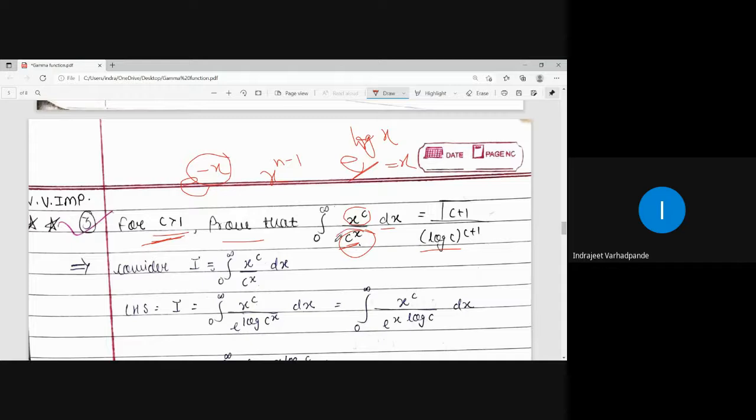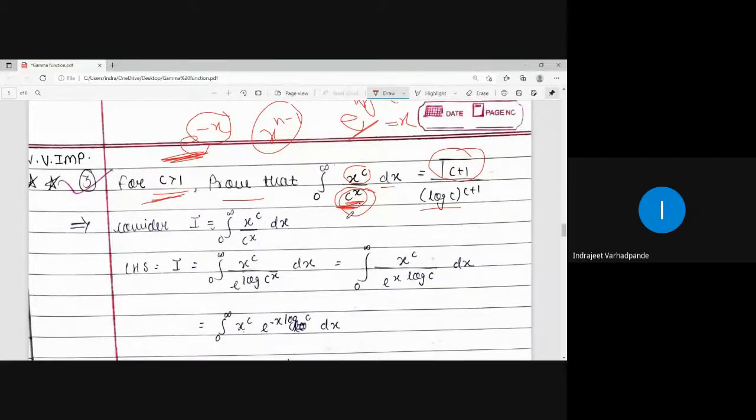So whichever term is present here, I will try to write it in the form of e as well as log. Why is this to be done? Because in the RHS I see the gamma function. By definition of the gamma function, it should be exponential to the negative power. So the exponential term e has to be introduced, and for that only this term can be easily converted, because x to the power certain term is going to be required, it has to be there. So in such a case, I convert this denominator into the exponential, and when it goes to the numerator, it becomes a negative power.